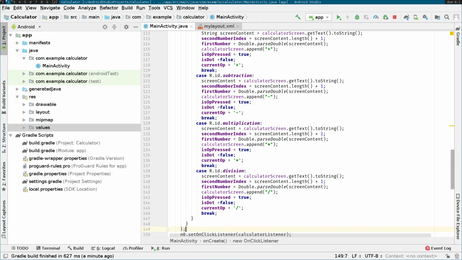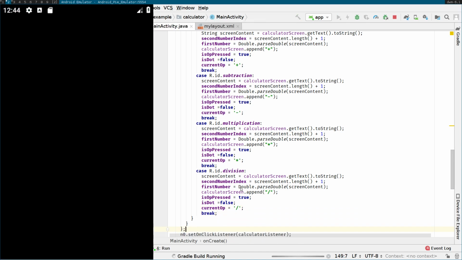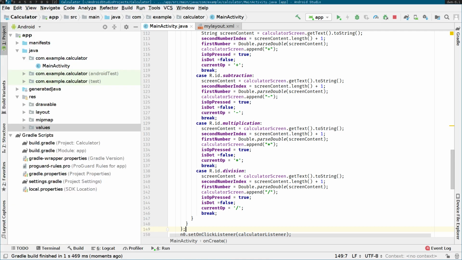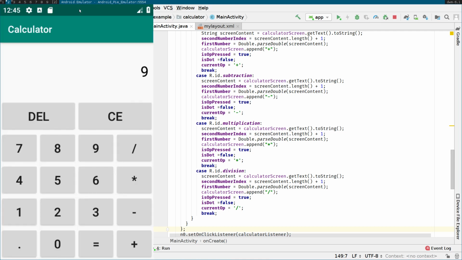Okay, now we will run the app again. And we'll go 9.1 minus 0.1. Now we can press the dot, so we have fixed that bug already. And it's 9. So pretty easy. So from now on, we will just have to keep fixing bugs, adding new features, and improving the design of our calculator app,